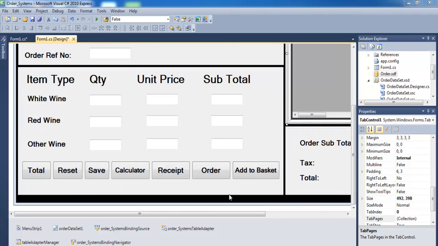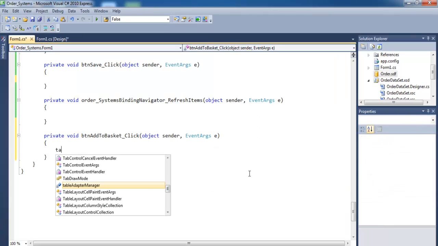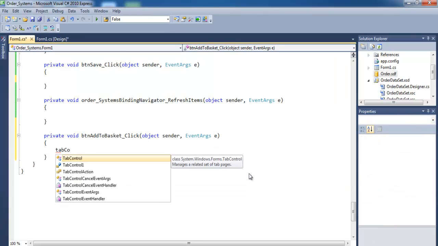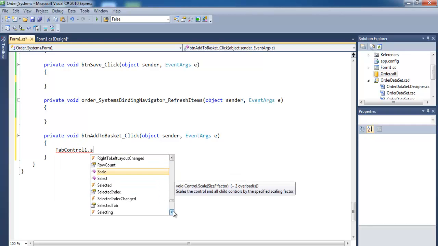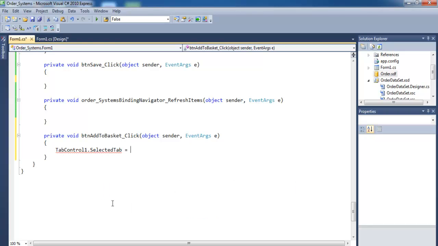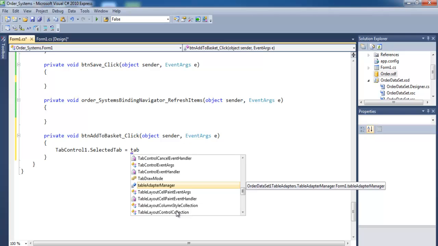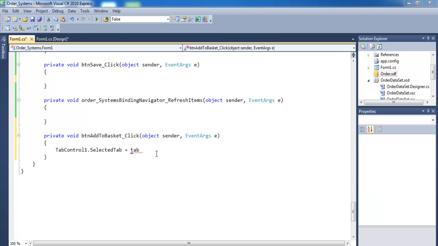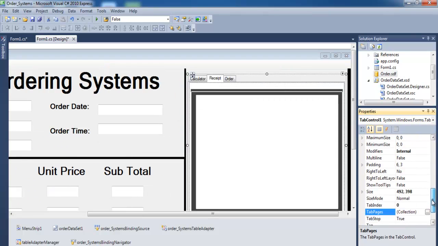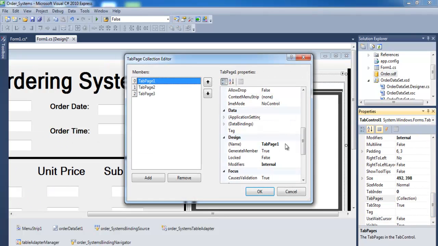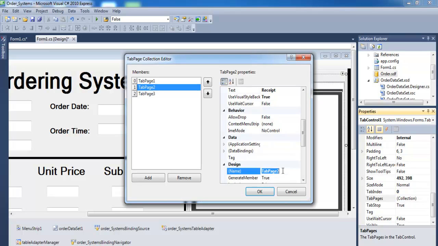Okay, so double click on that and say tab control 1 dot select, then that will be dot selected tab equals tab, that will be tab page 2 there. That should be capital T. Let's see the name of that tab right here, tab 2. Okay, just copy that,